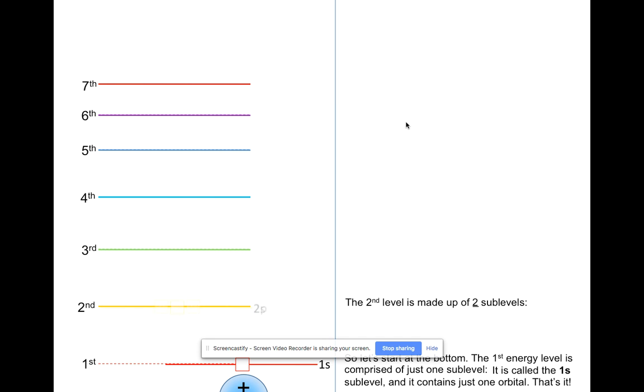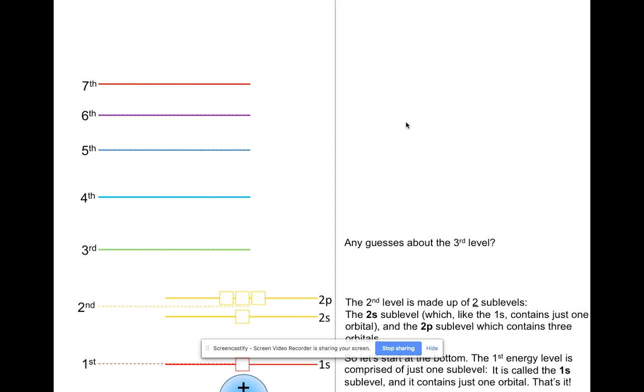In the second energy level, there are 2 subshells: the S subshell and the P subshell. So collectively, in the second energy level, you can hold up to 8 electrons. In the third, you get a little bit more room, so an additional sublevel appears. You have the S with its 1 orbital, the P with its 3 orbitals, and the D subshell with